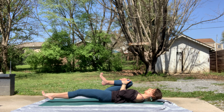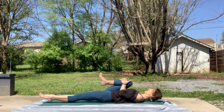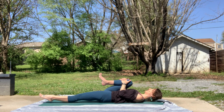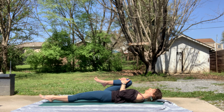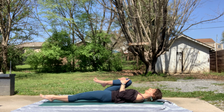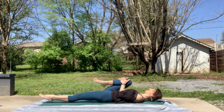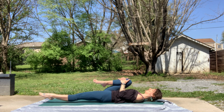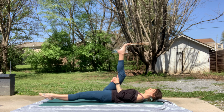Now extend the left leg long away from you. Really fire all the way through the foot. Let that leg just hover barely above the earth. Wrap every single little muscle toward the bone, making yourself sturdier. From here, interlace the hands around the back of the right thigh, and just a couple times extend and